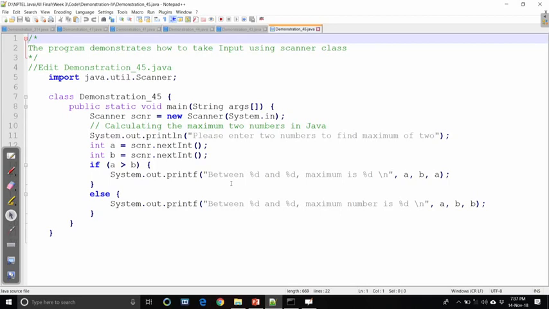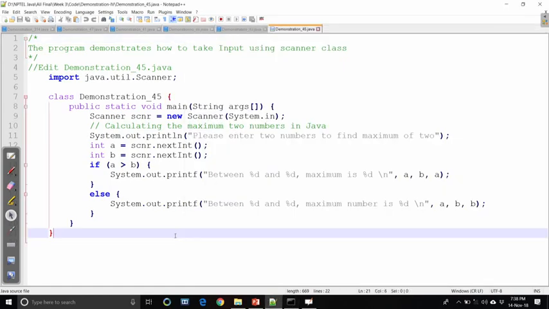Let us have a demo of this type, output 4.5. There is one class defined in the java.util package. The name of the class is Scanner. This Scanner helps you read input from the keyboard, which can then be used for your purpose. It can read as an integer, a float, a string, whatever it is. Here is a quick demo of this.